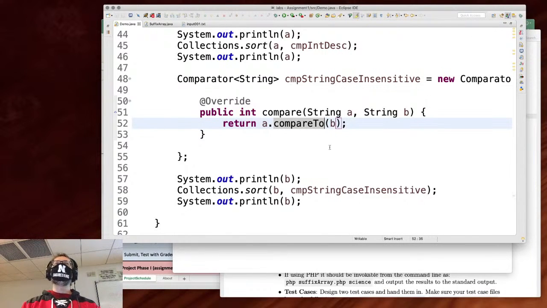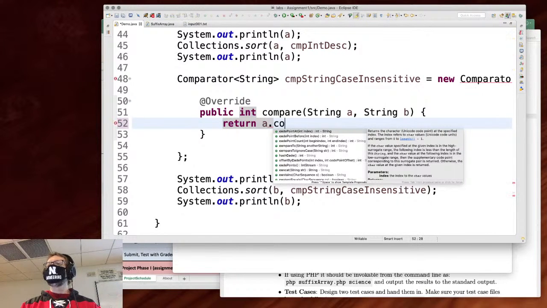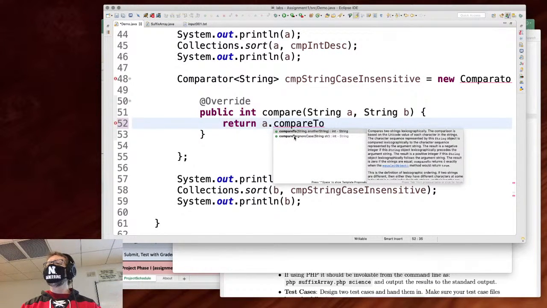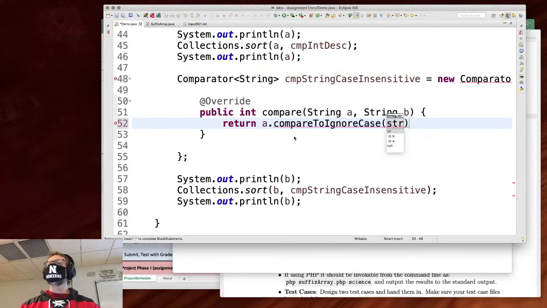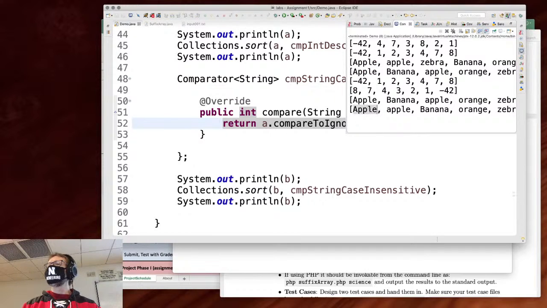What if I wanted case insensitive? A dot compareToIgnoreCase B. Right? And when I do this, now both of my apples are at the front. Of course, the uppercase A apple, by virtue of it being first here, was placed first. But if you've got a tie and you want more complicated logic, or you've got a custom class,